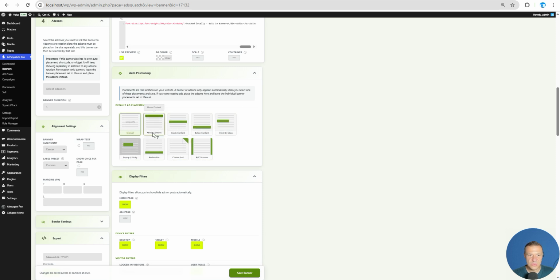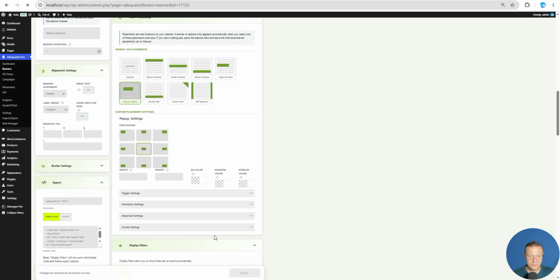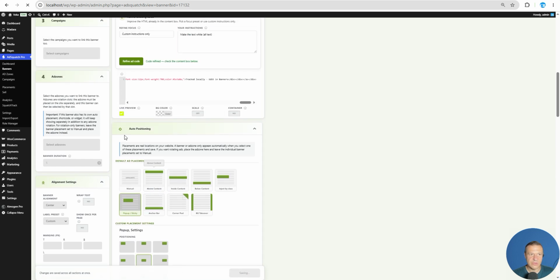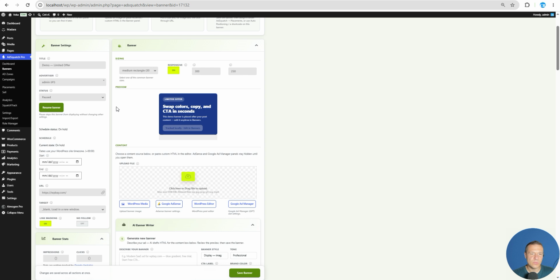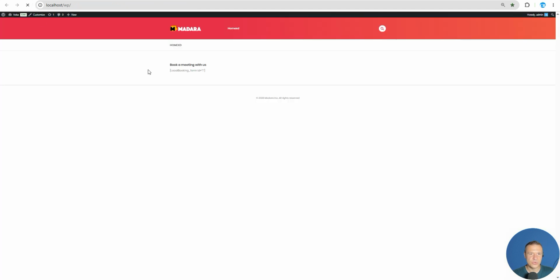So you add it to the above, post content, inside content, below, inject by class. A pop-up should be displayed, anchor bar, corner peel, effect, or background takeover. So let's select the pop-up, select where you want to show the pop-up, and let's save this time. Be sure, before you want to go live, be sure to also resume banner. And after you resume the banner, we can go to a post, for example, or on our site, and here